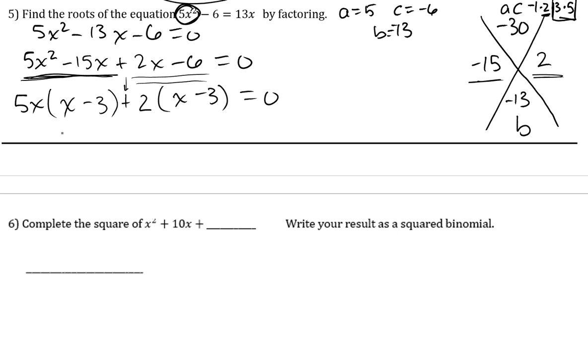So I'm going to pull that out front. I'm factoring out the x minus 3. Now, when I bring the x minus 3 out front from both of them, what am I left with? I'm left with a 5x and a minus 2. And then finally that equals 0. So here's the factored form. And I can quickly multiply this, right? First times first, 5x times x is 5x squared, which checks. The next thing I have is a negative 2x and a,